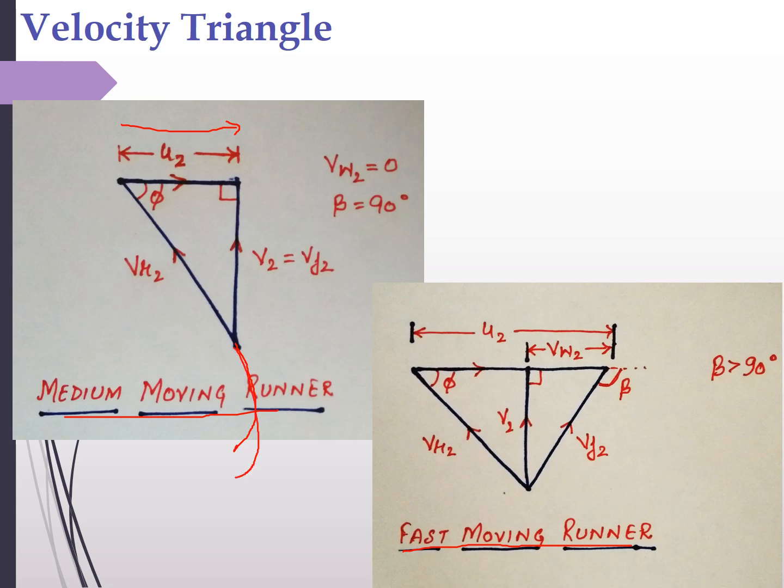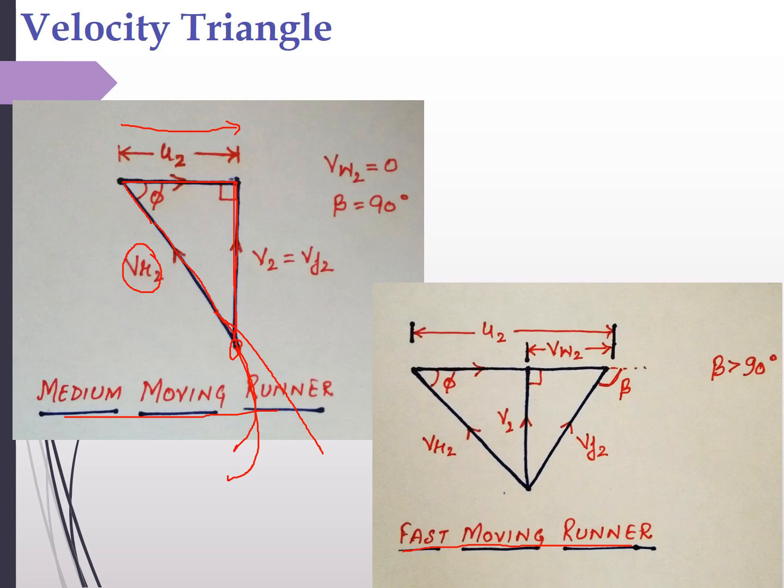If the vane is likewise this, this is basically the outlet tip of the vane, and then the velocity triangle has been drawn likewise this. If we increase towards the other side, it will be a tangent basically. This component of the velocity VR2 we will calculate as it has been calculated in the previous slide, and then U2, the magnitude of the vane, will also be there by using the formula U is equal to pi DN by 60.